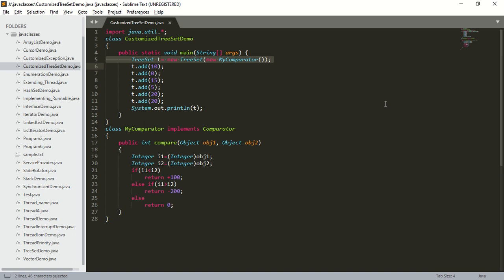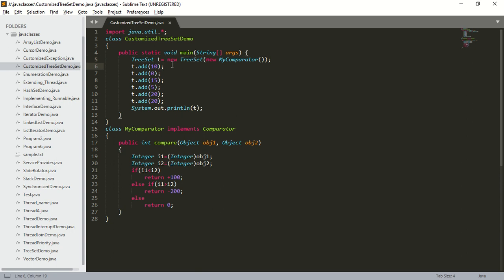So what is this constructor going to create? This constructor is going to create an empty TreeSet object where the elements are inserted based on some customized sorting order. So remember that whenever we are passing a comparator object into the TreeSet constructor, it indicates that we are following customized sorting order. So what sorting order are we following? We are following a descending order. You know that by default it will follow the default natural sorting order, which is ascending order. Here we are following customized sorting order, which is a descending order.